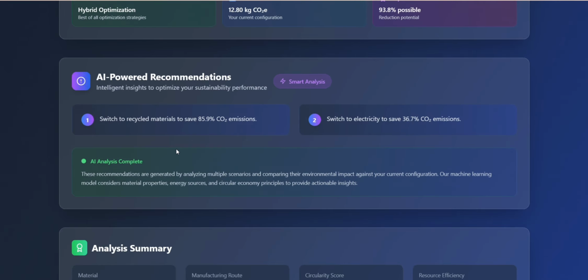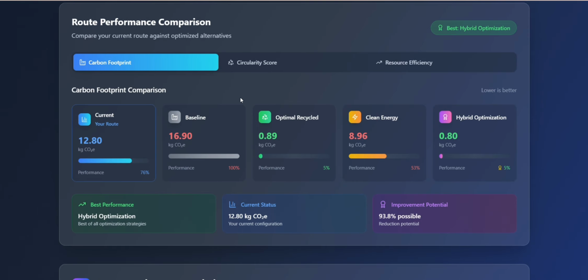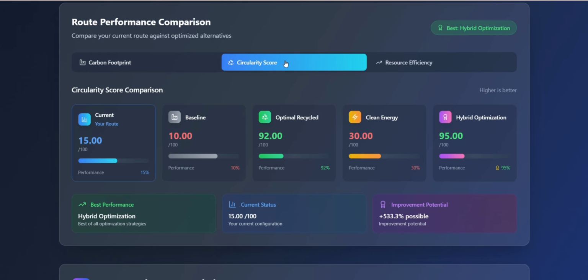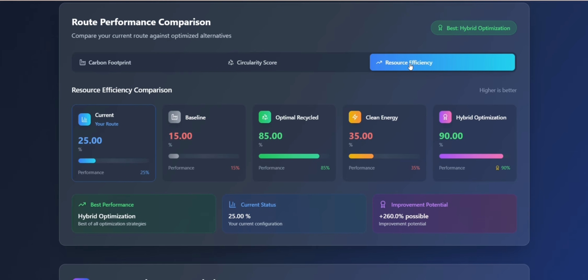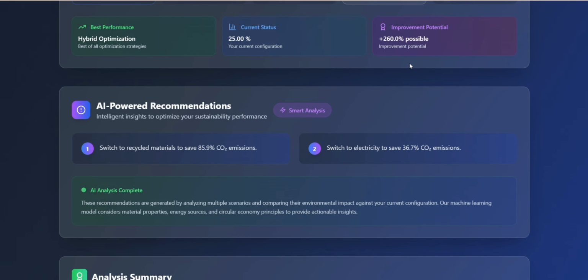For example, it might recommend switching from a coal based energy source to electricity or increasing your use of recycled content. It also shows a real time comparison of your chosen route against the other routes, as you can see on the basis of circularity score and resource efficiency. By making this data instant and actionable, we empower engineers and businesses to build a more sustainable